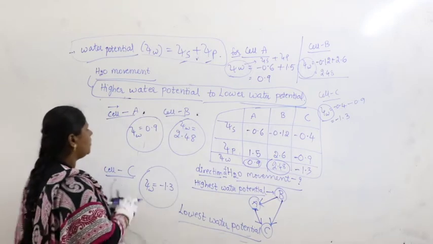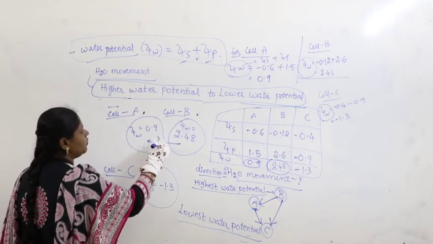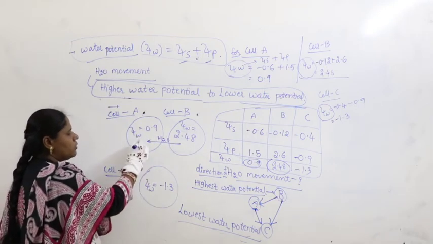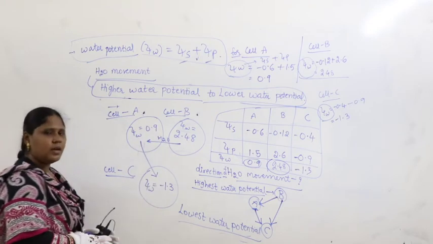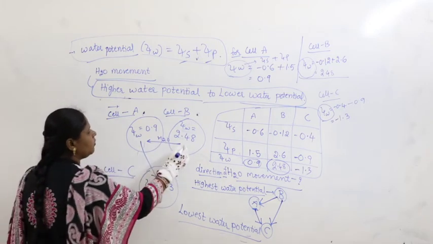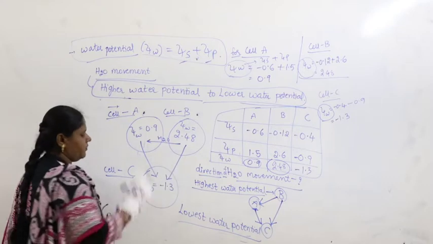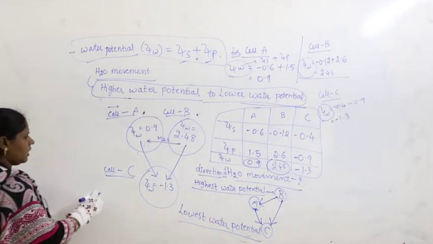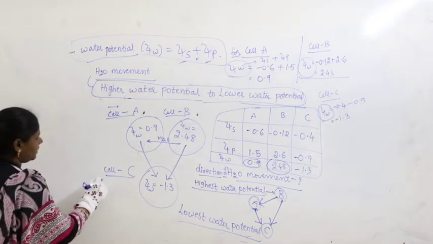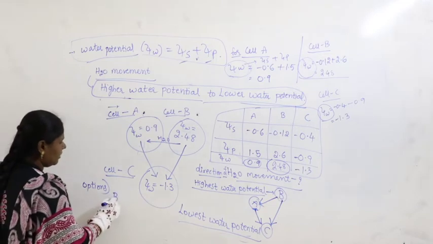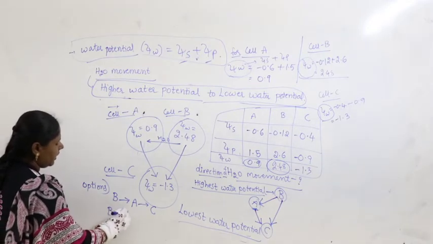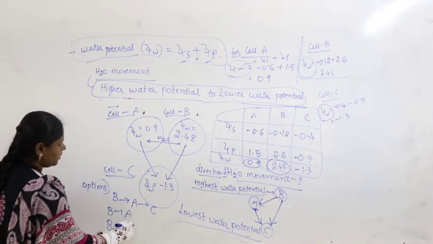Okay. So from B to A, water moves here. Water is moving from where to where? B to A. A is having higher water potential when compared with C, so from A to C movement occurs. Right, and also B is having higher water potential, C is having lower water potential, so the movement occurs from B to C. So what options do you have to look for? Either you can take the direction B to A to C, or B to A is also correct, B to C is also correct.